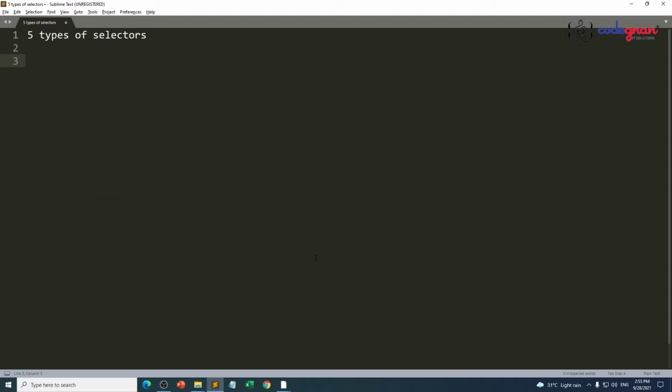The first one is simple selector. Second is combination of selectors. Third is pseudo class selectors. Fourth is pseudo element selectors.